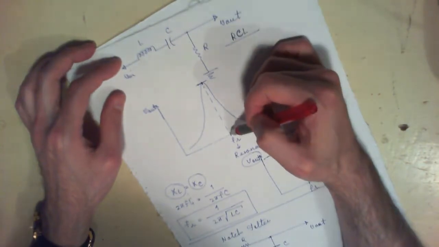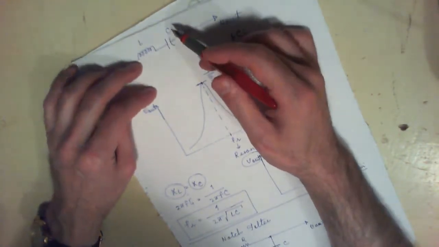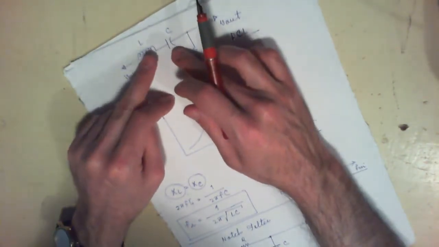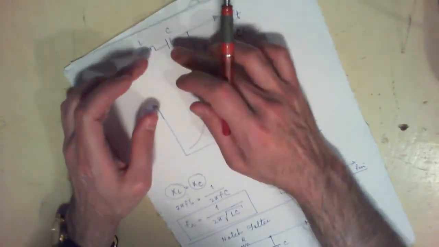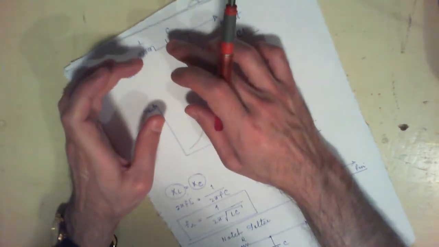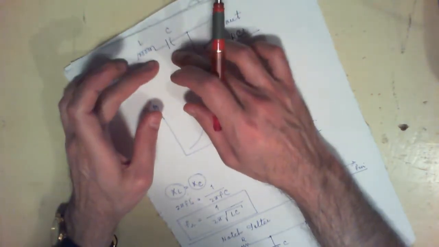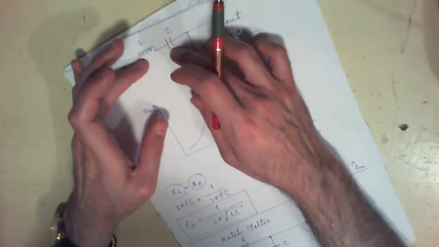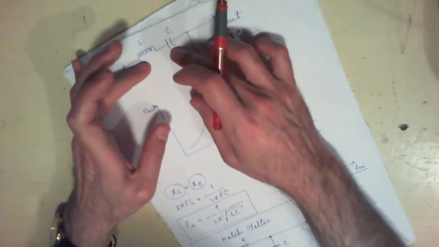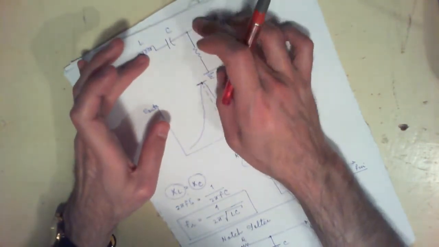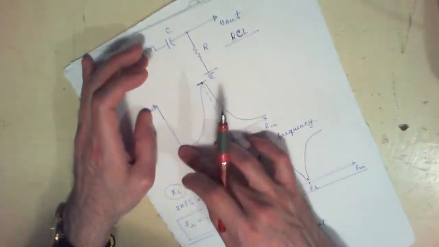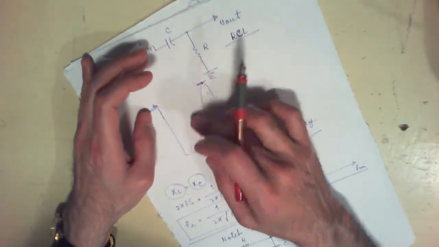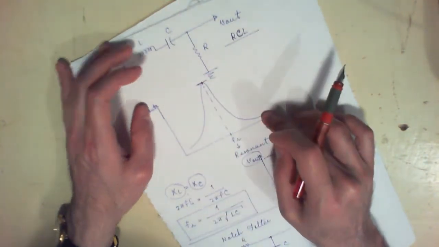we said that at resonant frequency, the inductor and the capacitor will have a net minimum reactance, and so the voltage drop across them is going to be at the minimum. The voltage drop across the resistor will therefore be at the maximum, and then we got this peak over here,